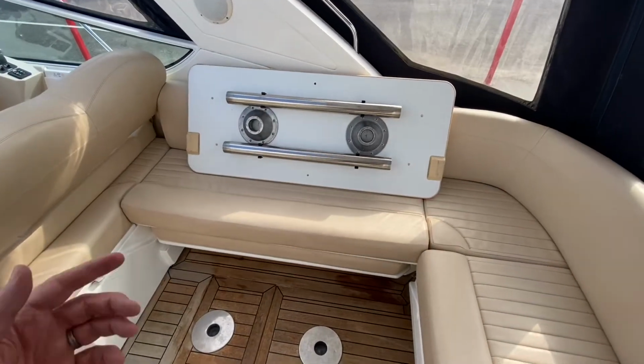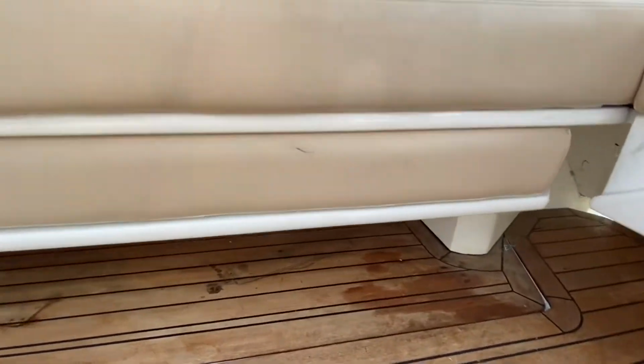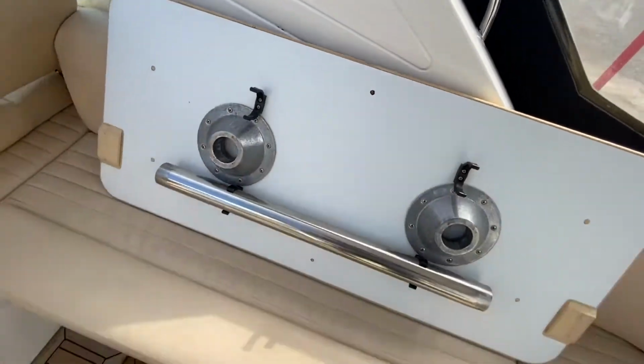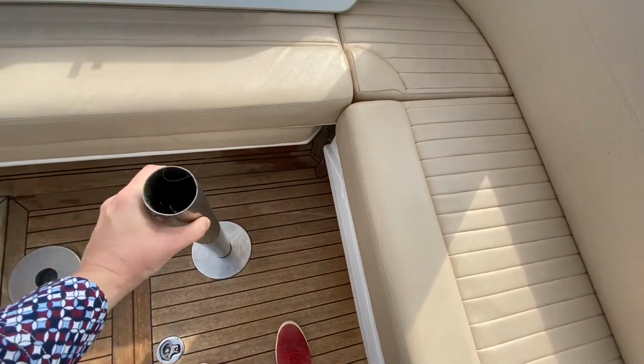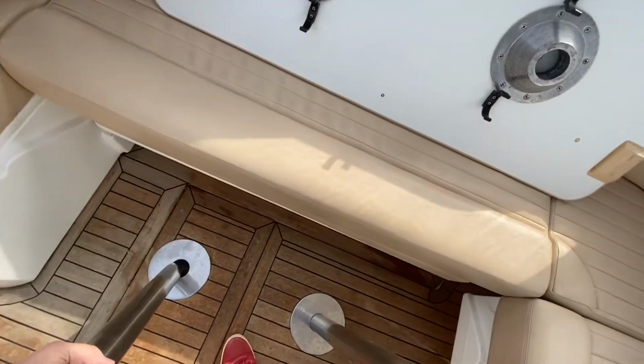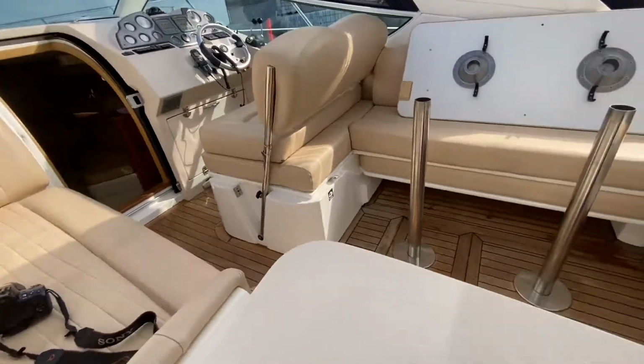To set up the cockpit table, you just slide it out from its little home underneath there, and then the table legs are clipped to the bottom of it. So undo those, stick them in the mounts, pedestal mounts, and then just set the table on top and just put the camera